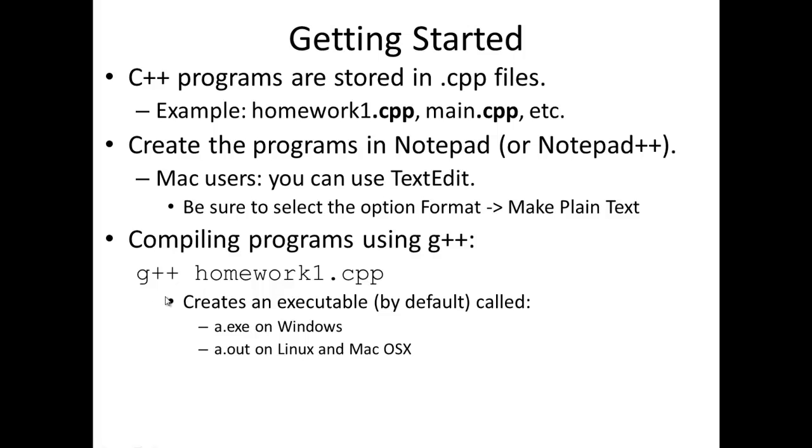All right. So what we're doing here is, again, that whole process of compiling. We take our C++ program here, homework1, and feed it into this compiler called g++. What does g++ do, as I said? It creates some executable output, and the name of that executable file differs based on what operating system you're using. For Windows users, you will see a.exe produced by g++. For Mac users or Linux users, you will see a.out. All right. So what does that mean? Basically, both